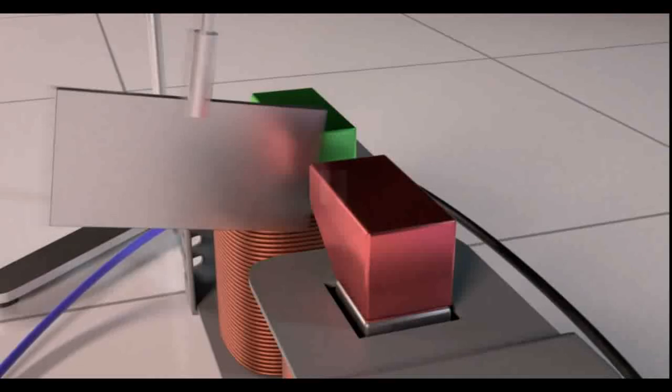According to Lenz's law, the eddy current will oppose the motion of the pendulum itself. Hence the pendulum comes to rest, or there is a damping for the motion of this pendulum or this metal plate. That is how it is being stopped.